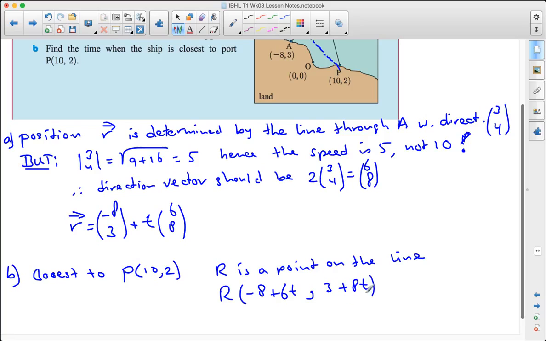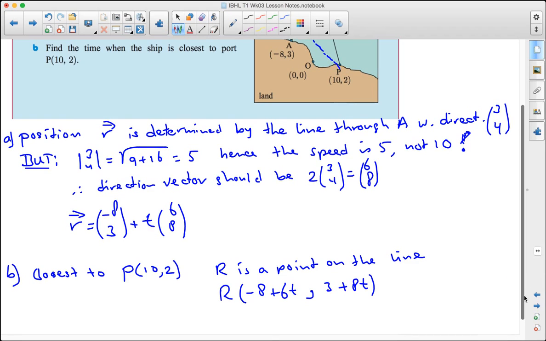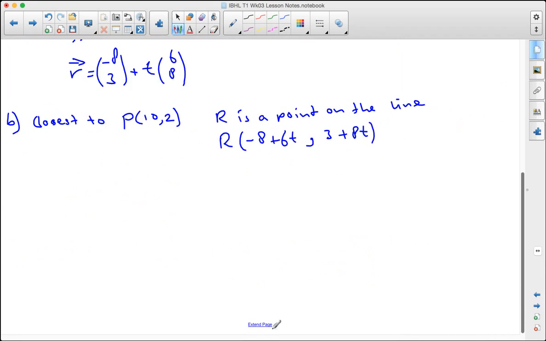These are the coordinates of point R in terms of t. That means there is a vector from P to R,